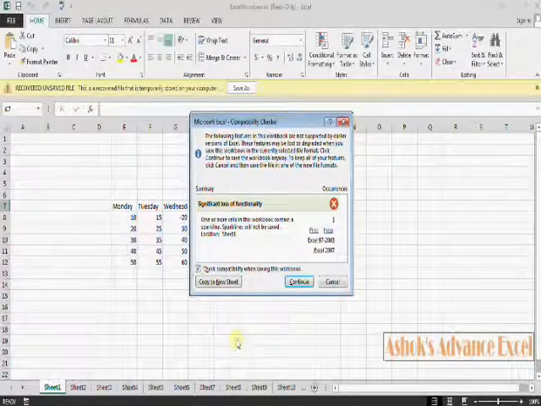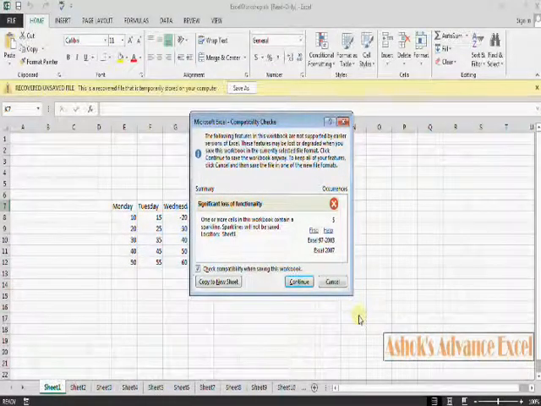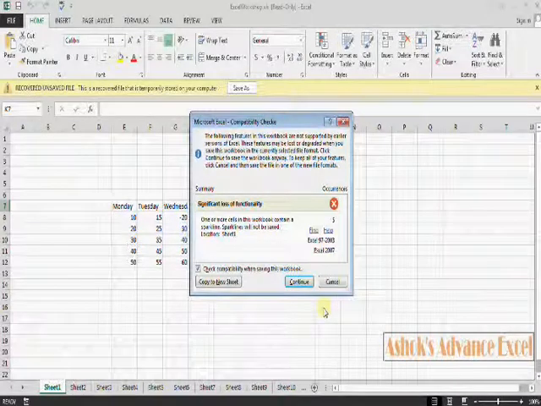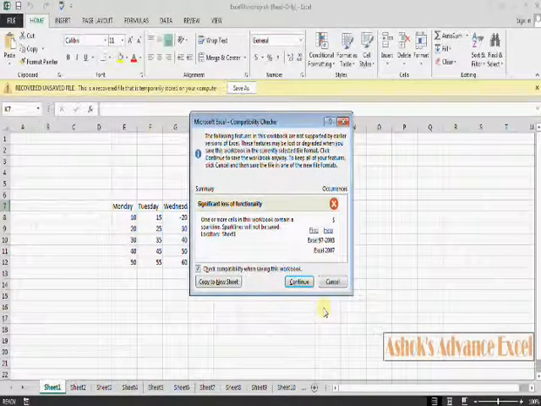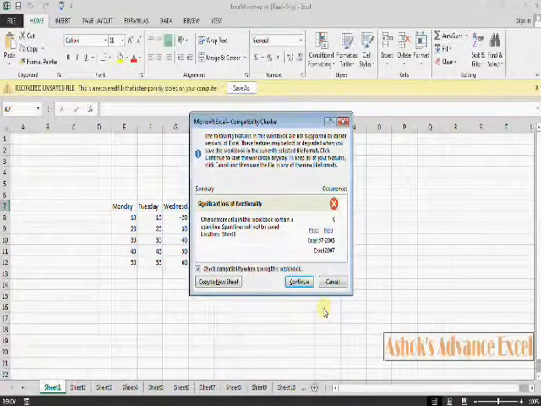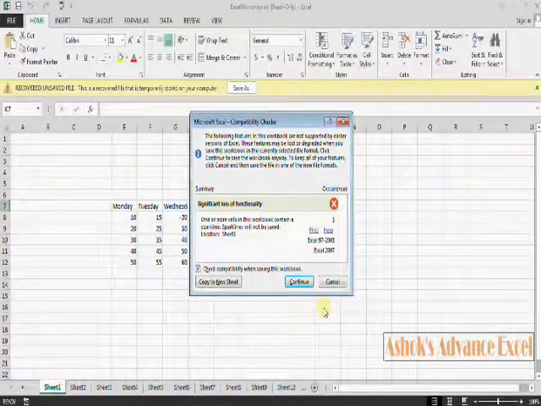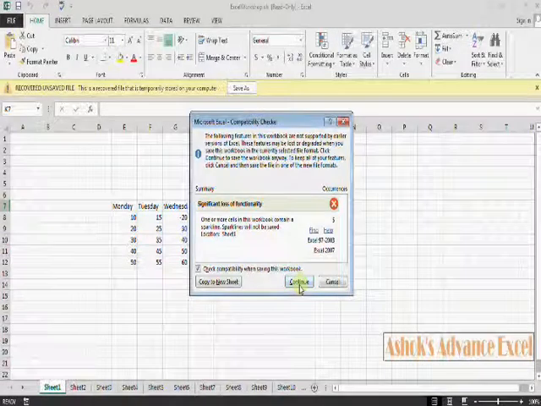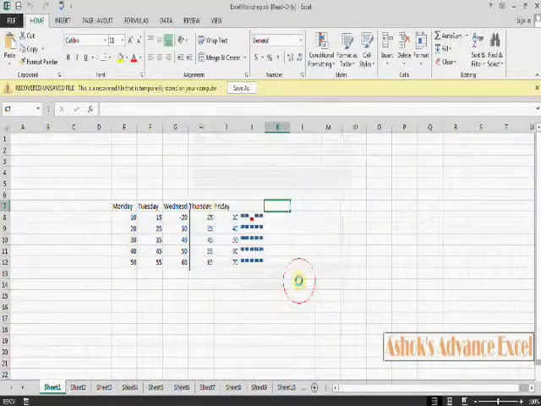Now this message is displayed. Excel is asking us that some features will not work in earlier versions. So now we are going to continue, and we'll see which features are not working in earlier versions. Now click OK.